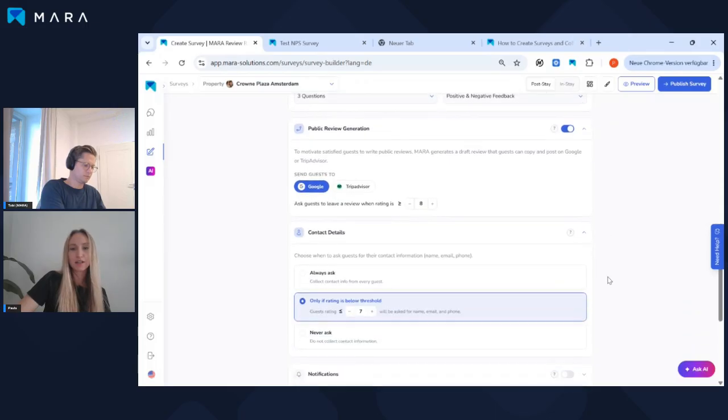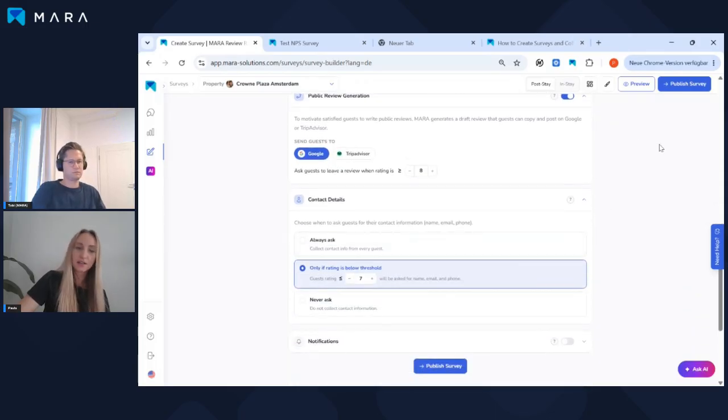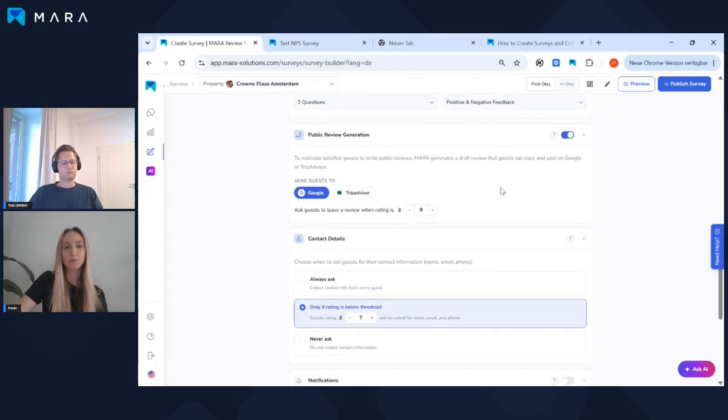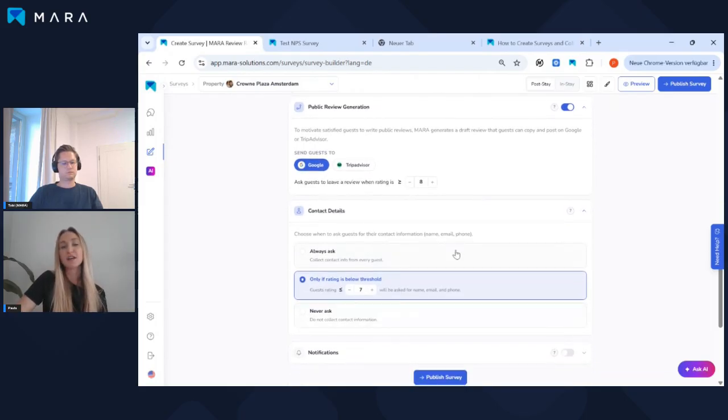The last part is the contact details. This is just to ask for the email address and name of the guest. You can decide if you always want to do that, never want to do that, or only for example, positive or negative ratings. The idea with this setting is you can say if a guest was happy, we want to ask them for a public review. Then we don't need their contact details because they will also publish a public review. But if the guest was unhappy, we don't want to ask for a public review. Instead, we want to contact them personally, reach out to them, and we will ask for their email and name